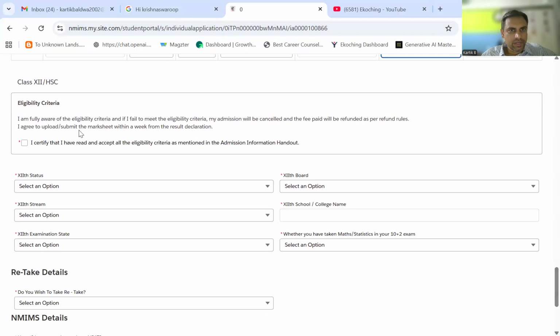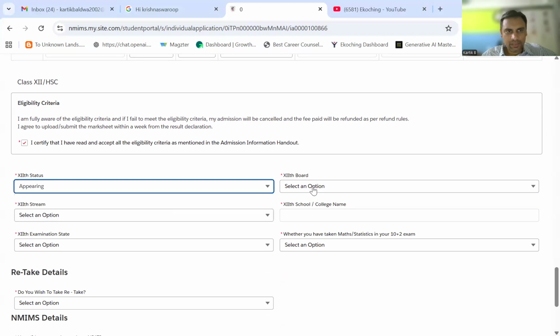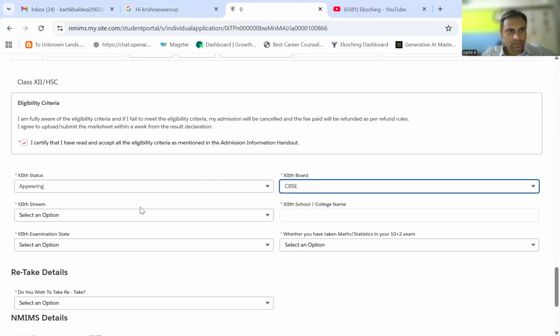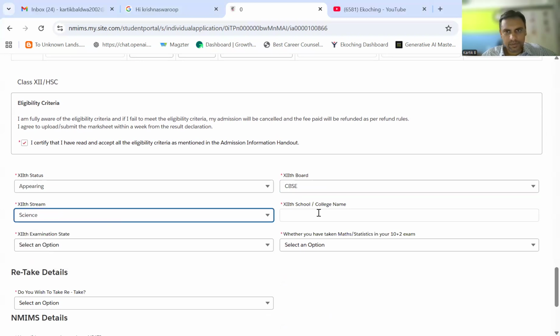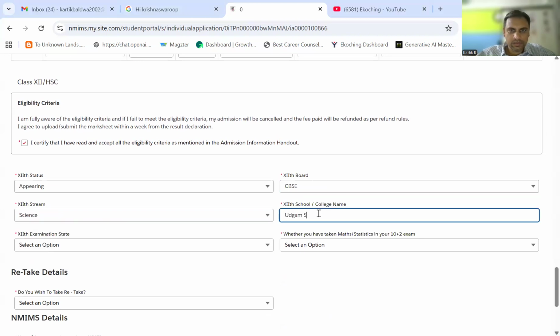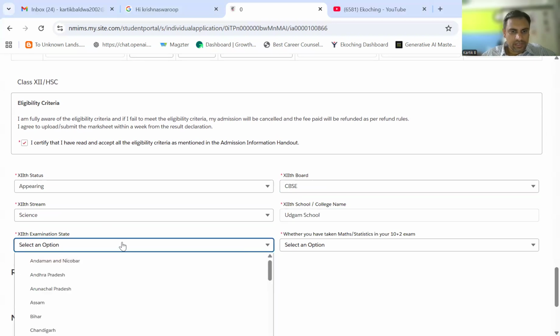Once this is done, you can click on I certify that I've accepted this. In 12th standard, you can write appearing, the board, the stream, school name again, state,